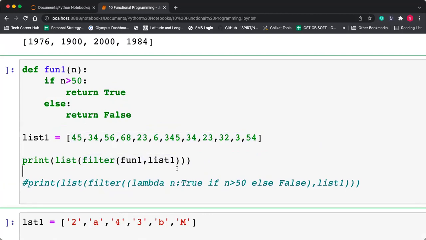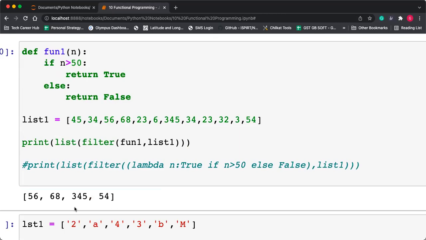तो इसमें से filter क्या होगे? filter कौन सी list print होगी? The numbers which are greater than 50. Greater than 50 है ना, सिर्फ वही print होंगे. और less than 50 है, that will not print. Let's see here. The number which is greater than 50 is only printed, and the remaining will not be included.